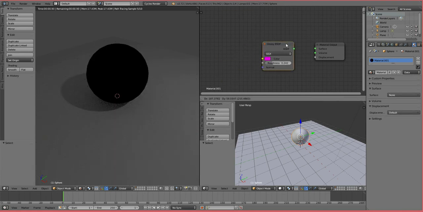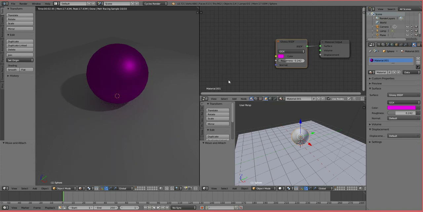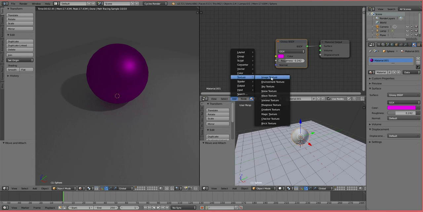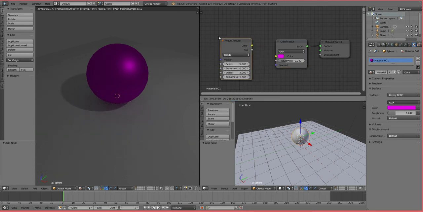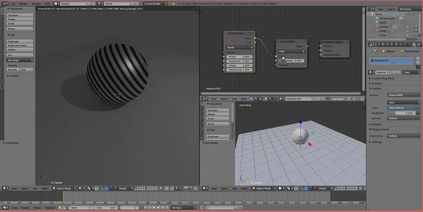Keep my glossy shader, and let's bring that back. Now let's add an actual texture to this. So rather than just a colour, make it textured. So if we go to add texture, you can see you've got lots of textures here. So let's add some waves. So I click on waves. I've got this option here now, this sort of box. Let's pull that colour in there, and instead of pink, it's now choosing this wave texture to show as the